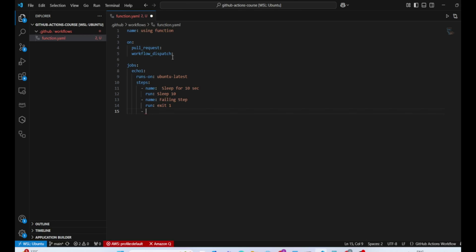And then let's try to add a step for skipped. Okay. Name: one is failing and the other one is skipped. Skipped. And then what else is there? Under skipped, we will have to use the function. So if it is success, we should tell on what condition we are supposed to skip this one. If this is successful,